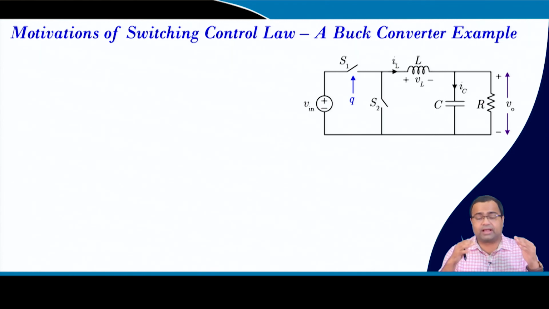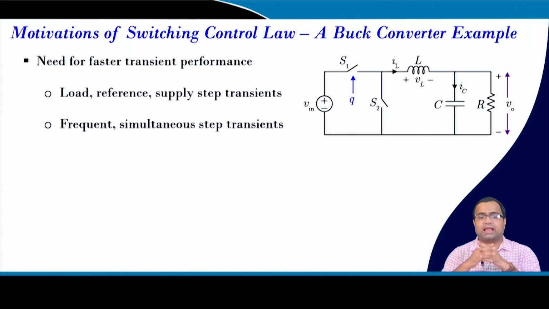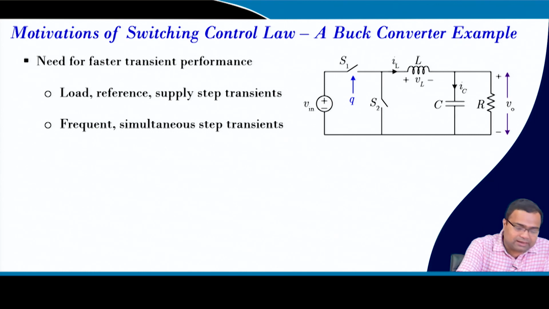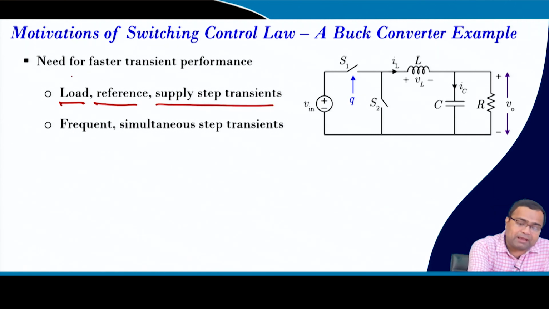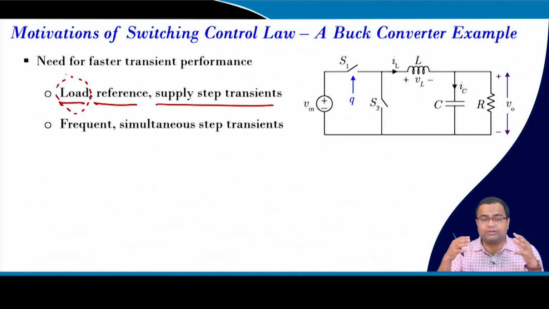So, first we have to make our motivation clear. If we take a DC-DC converter or switch mode power converter, here I have taken a buck converter example, but you can take a boost converter or any other hard switch converter. The first objective is that we need to achieve very fast transient response, and this transient can appear in several forms. There can be load transient, reference transient, and supply transient. We are primarily interested in load transient, which is very critical, because in low voltage high current applications there can be frequent load transients and the step size can be quite large.